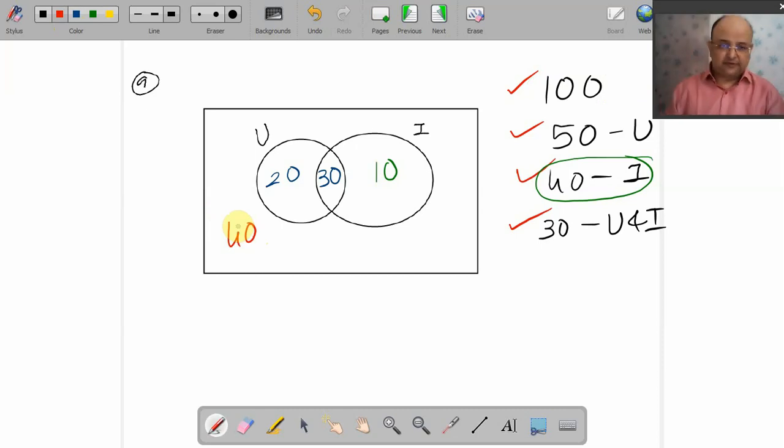So this type of questions can be asked as an MCQ. Farivar, what was your question? How many students who like neither upma nor idli? So answer is 40. I ask you one more question. How many students who like only upma? Yes, it is 20. How many students who like only idli? Yes, it is 10. How many students like exactly one item? 30. Either only upma or only idli, that is 20 plus 10, that is 30. Remembered? Fine. We go for next.